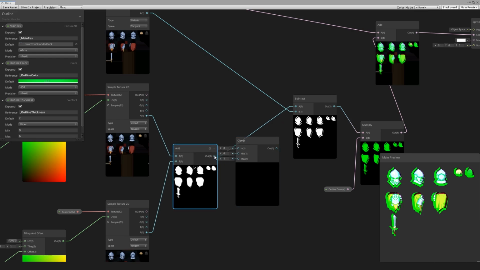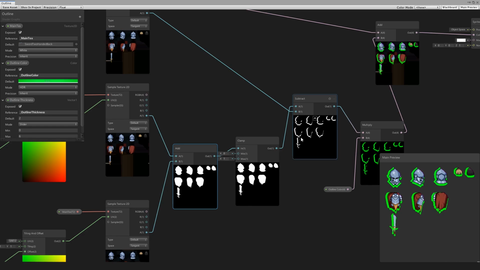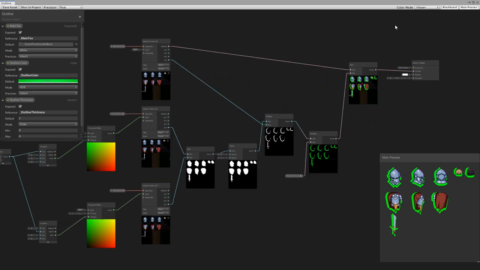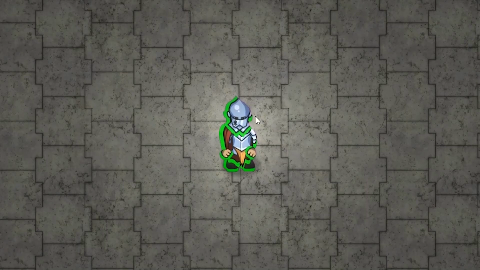And we're going to clamp this output between 0 and 1, and then we use this one in there. And there you go. Now we have our nice outline going to the left and down. And over here on the preview, you can already see our result. Okay, let's test this. And there it is, we have our character with an outline to the left and